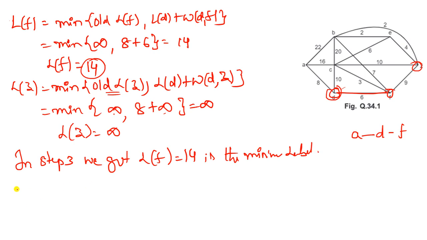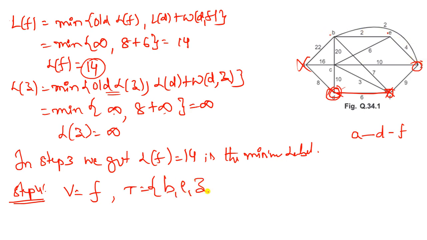Now step 4, observe carefully. Now what is the vertex value? F. So A to D, D to F now. And the remaining T values, what are there? A, D, F are completed and still B, E, Z are there. So still B, E, Z. So in these iterations, L of F, how many will we get?